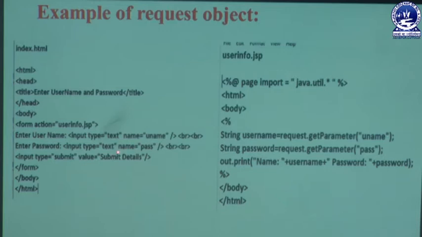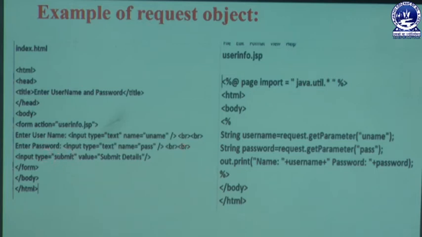Then we are mentioning another attribute known as name. In that name we are setting a value, a unique identifier named pass. That means it is a variable. Instead of this name, we can write anything else, there is no problem, and that input tag should be closed with the forward slash. Then we are making the break tag to make a new line.